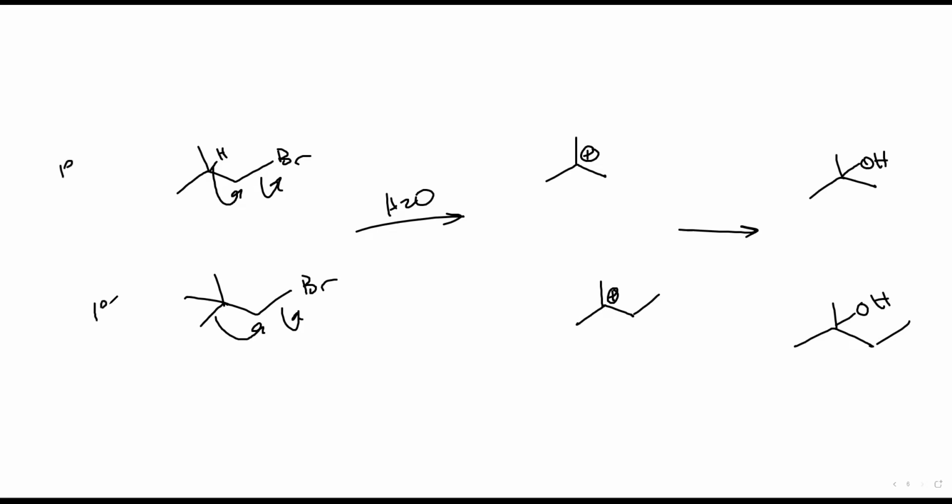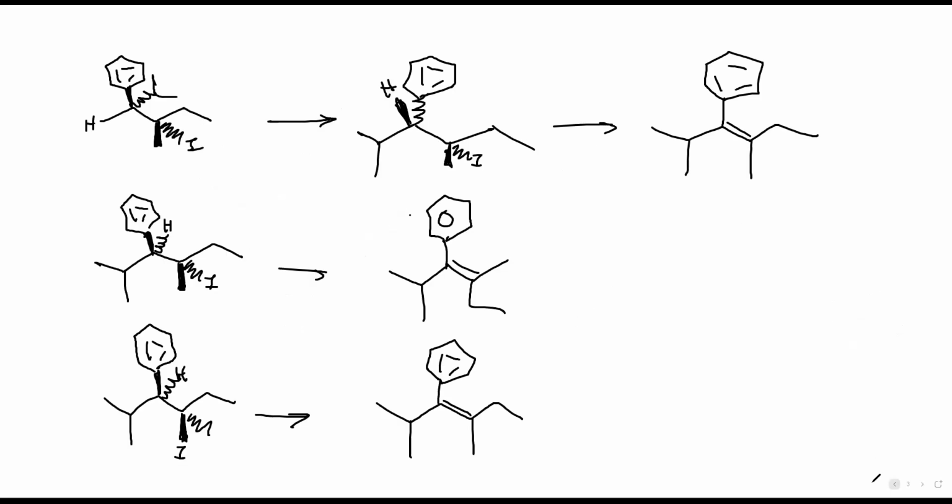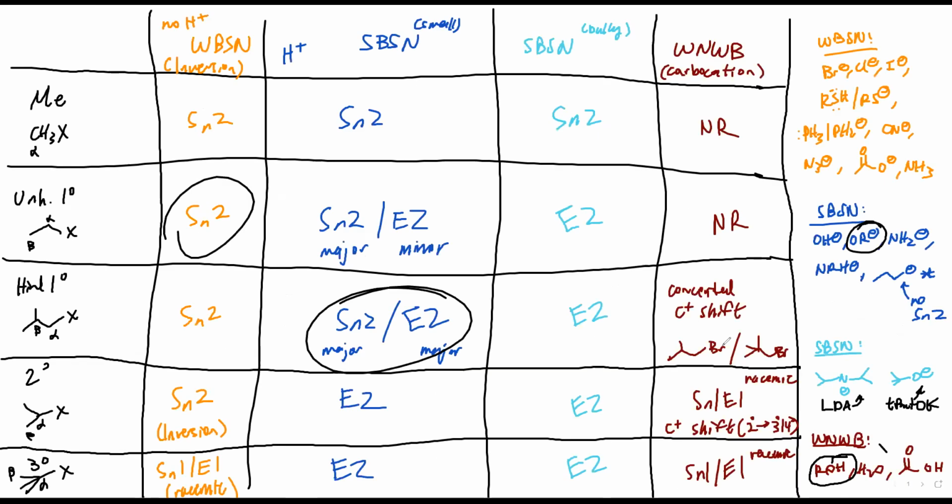because these are primary centers. They're just hindered primary. I know Levens for sure goes over this one. This was the one that she doesn't really go over, but it still kind of counts because it's a hydride instead of a methyl. Okay, but these are categorized as concerted shifts. That's really what falls under this one here. But again, as long as you can navigate this list, you'll probably be fine